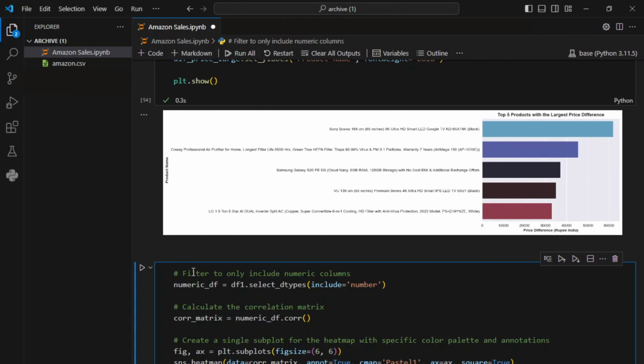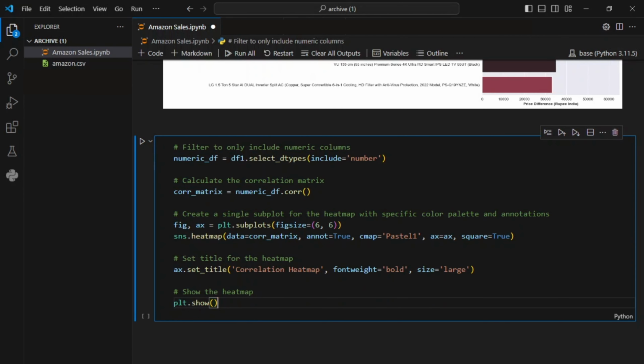Now let's focus on the numerical columns in data frame 1 to calculate the correlation matrix, which helps us understand the relationship between these numeric features. First we create a numeric data frame which contains only the numeric data from data frame 1 by using the select_dtypes method with the include equal number argument. Next we calculate the correlation matrix, that is corr matrix, to identify how the columns in the subset relate